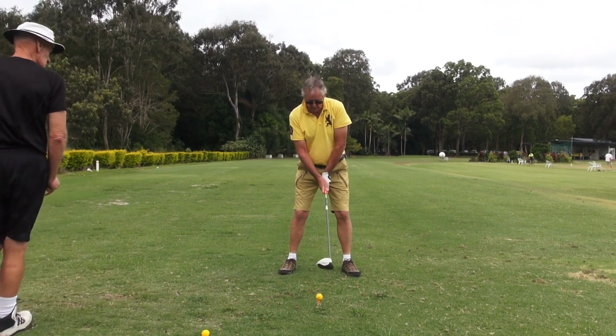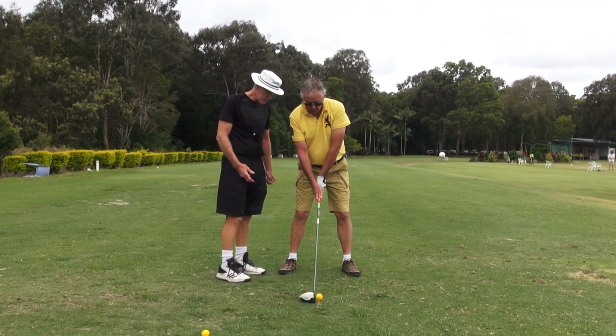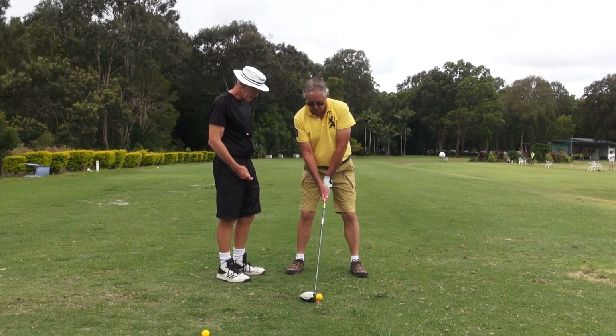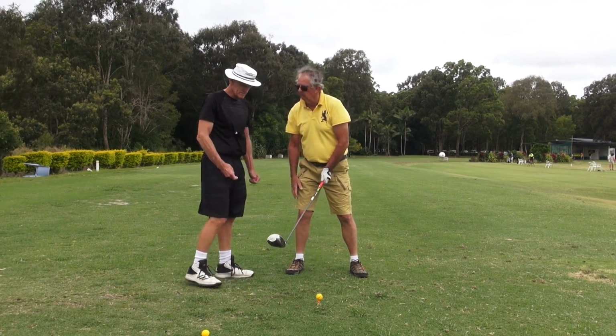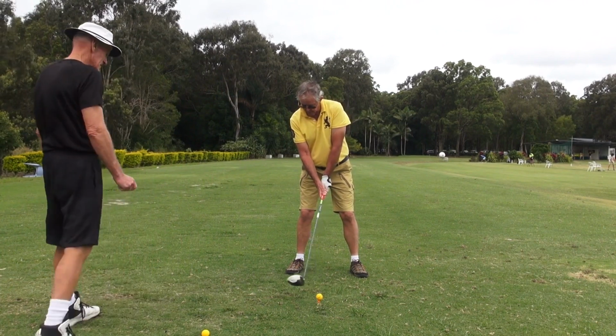So again, positioning the ball further back to where I've had it. Yeah, that's further back than you normally have. So it was there before, now I'm moving it up to here. Okay, so that's not hard for you to do? Well, if I put more weight here, no. Because to change a driver position for a good player,